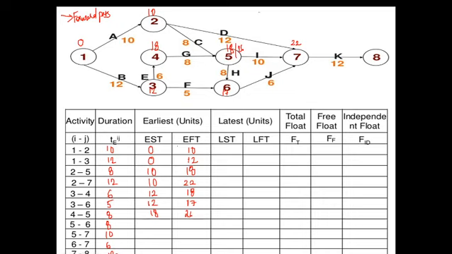Now 5 to 6. In 5 to 6, which event time will we consider, the lesser or the greater? In forward pass calculation we select the greater time, which is 26. Earliest start time is 26. 26 plus 8 is 34. Again 5 to 7. Earliest start time is 26. The activity duration is 10. Add it, we get 36. Write down 36 here. See, on 7 one more time we have got 36.